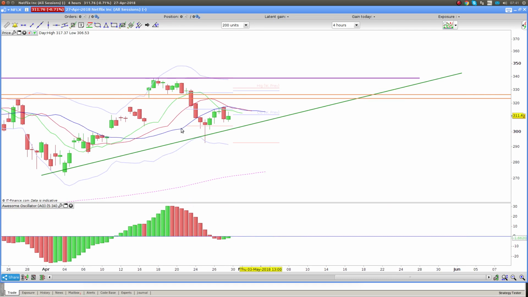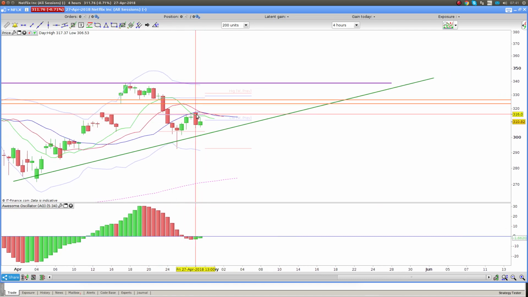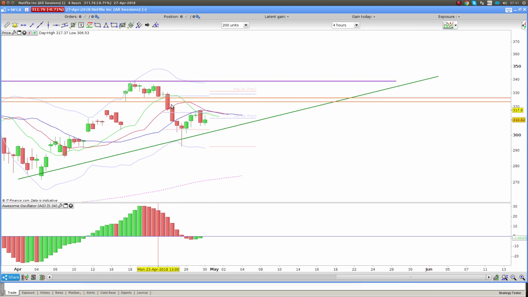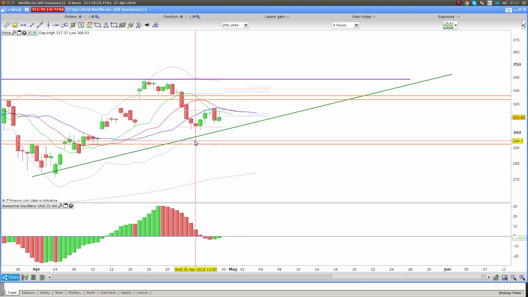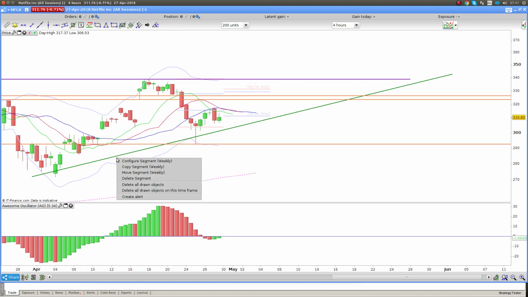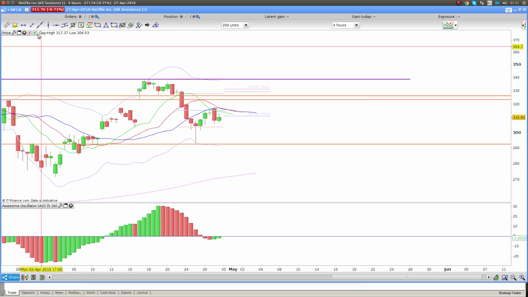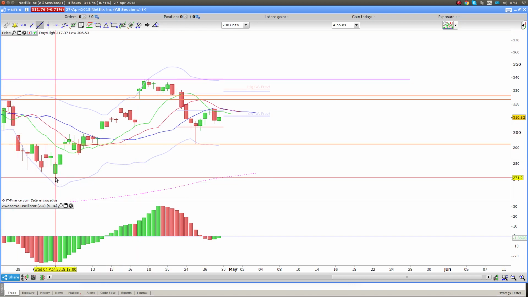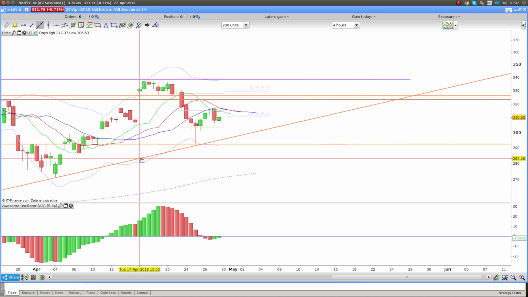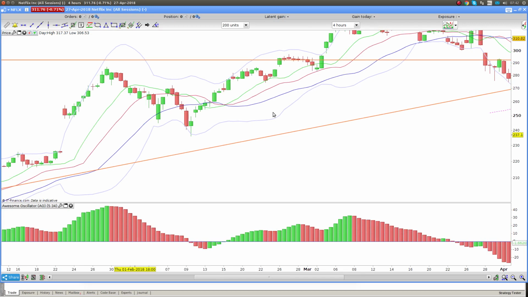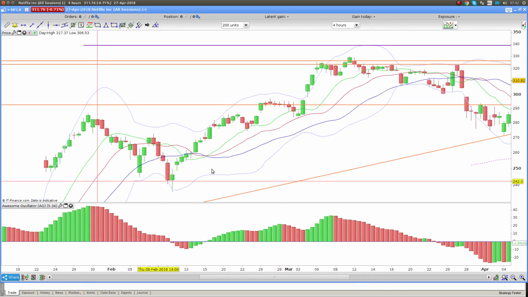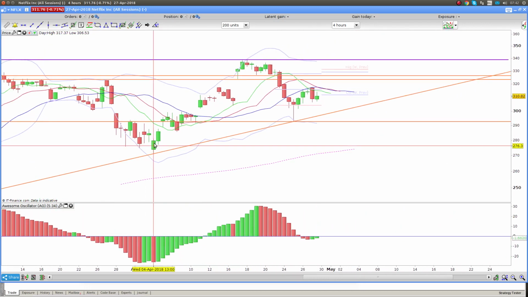So the key level here is if this holds, so if we don't break to the upside, then you can expect the downside levels to be challenged. And the first one will be this pin bar here. For this one to get challenged, okay, let's just tidy this weekly segment up. We want that to there. Okay, just want to check back to see if there's anything that it coincides with. No, okay.